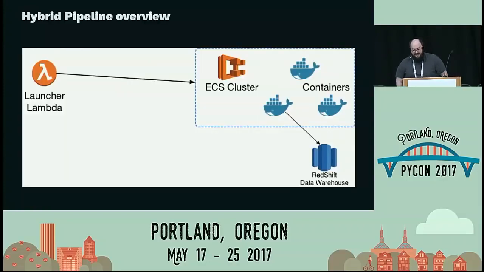Dark magic occurs. So we can put some Moby on it, Docker on it, I don't know. We're in Portland, so we put a bird on it, right? Either way, we can containerize that pipeline and use something like ECS to run those containers on maybe dedicated instances that we need them on or whatever. And what's great about this is once we define a task definition for running this, then we can use anything to trigger it, right? We can put a Lambda function that can invoke that task definition and kick off our pipeline, right? It can go get the right files, we can send it data, all of those wonderful things.